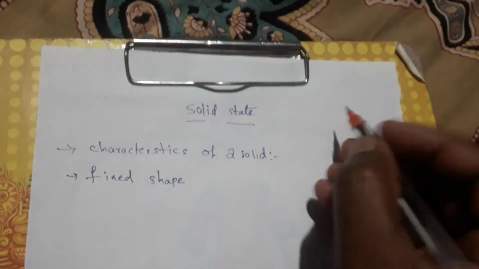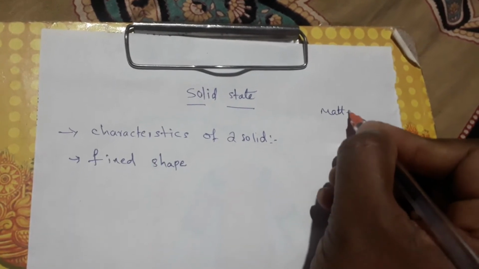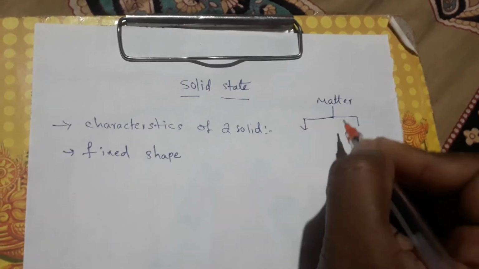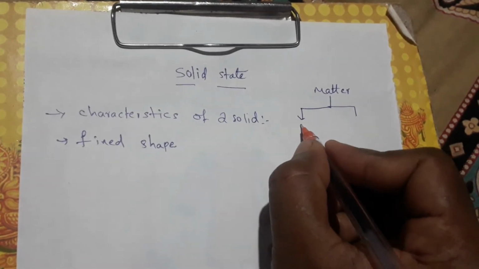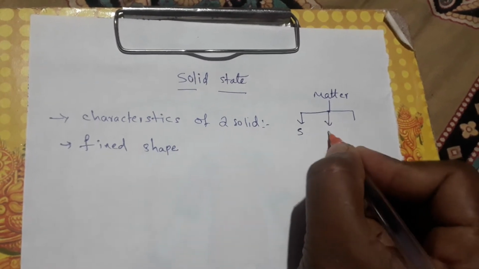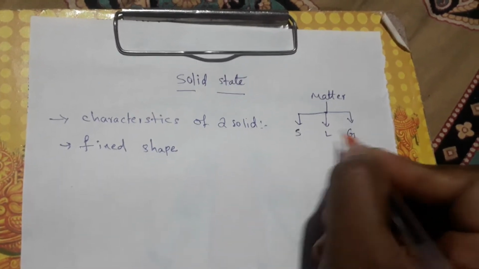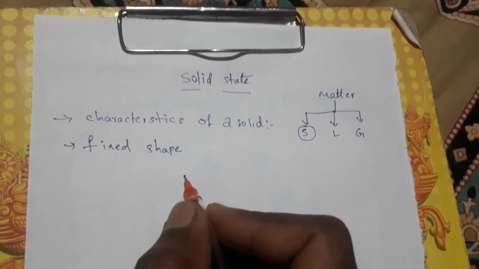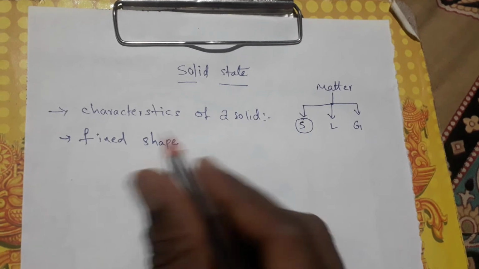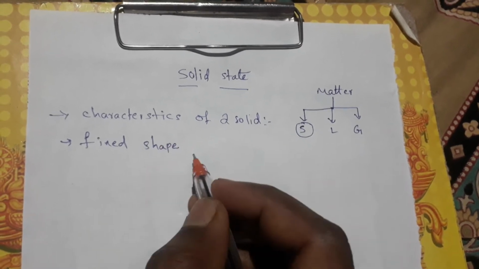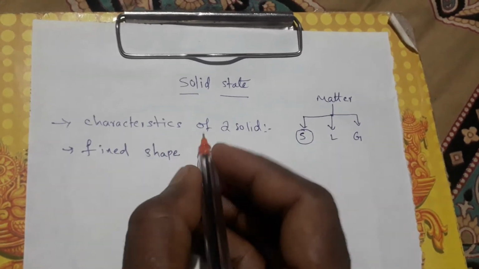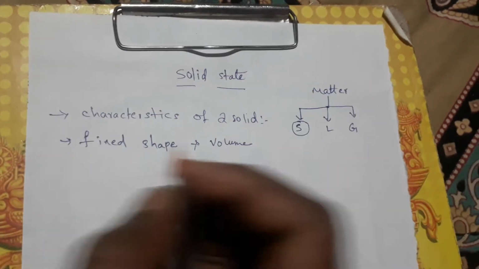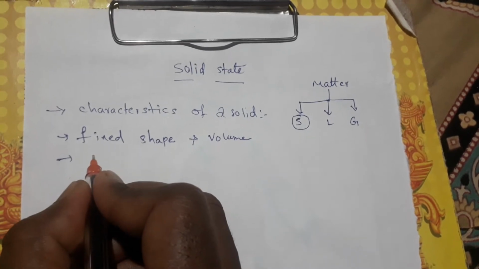See, matter exists in three forms. That is solid, next is liquid, and next is gas. So here we are dealing with the solid. In this solid state, characteristics of the solid is it has a fixed shape and fixed volume, shape and volume, and fixed